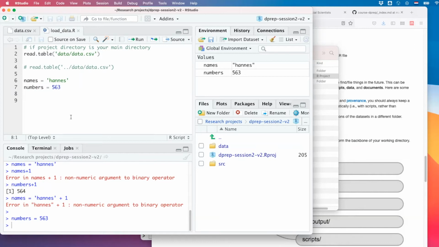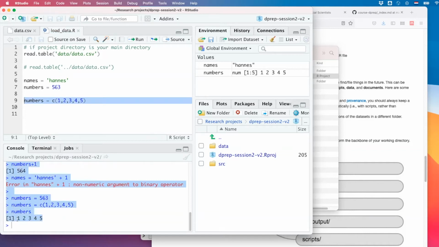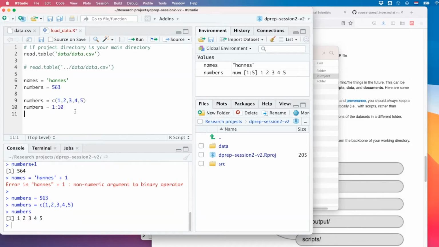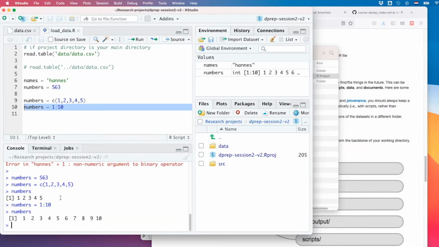We get strings, we get numbers, and we can also have vectors of numbers or strings. So for example, I could have a collection of numbers, right? And then numbers is going to be a vector, like a collection of these numbers. There are different ways to create such vectors. For instance, this creates a number sequence from 1 to 10. In Python, it's way more complicated to do this. So this is pretty fast.